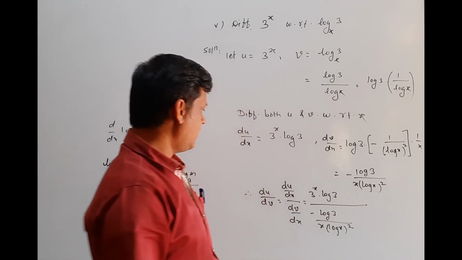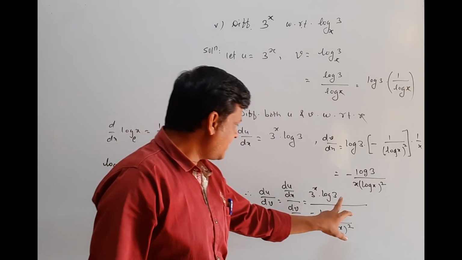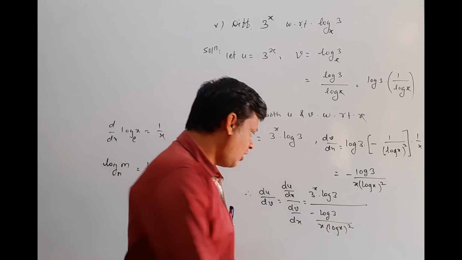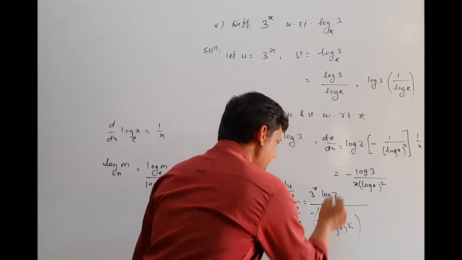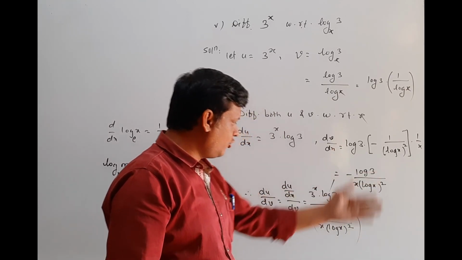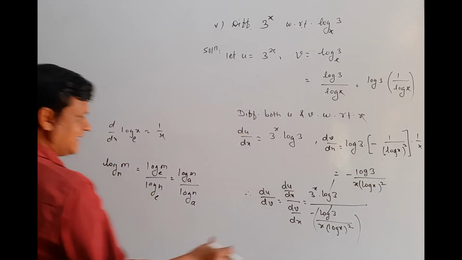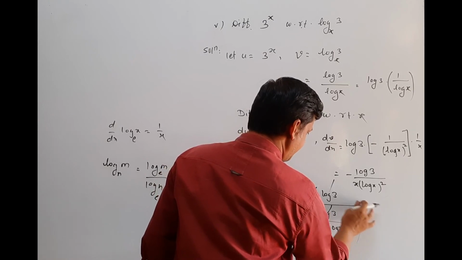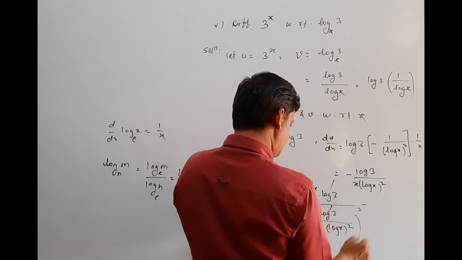So we cancel this log 3 with this log 3, and we write this x into (log x) whole square in the numerator. So we write the final answer as, with the minus sign, minus